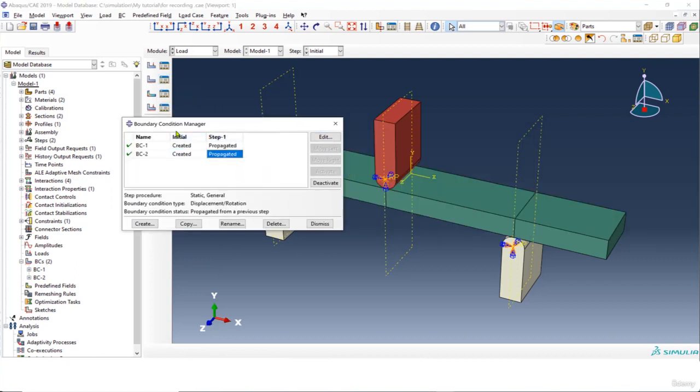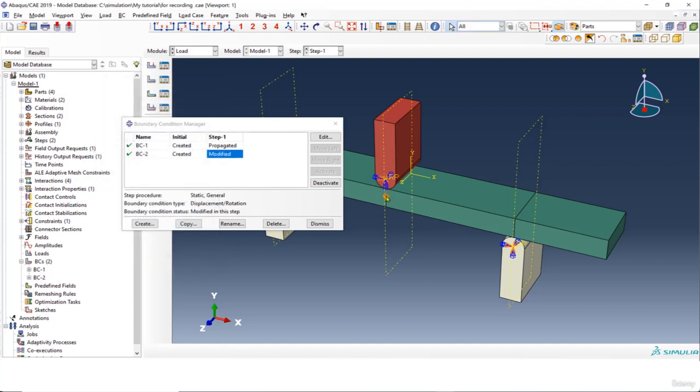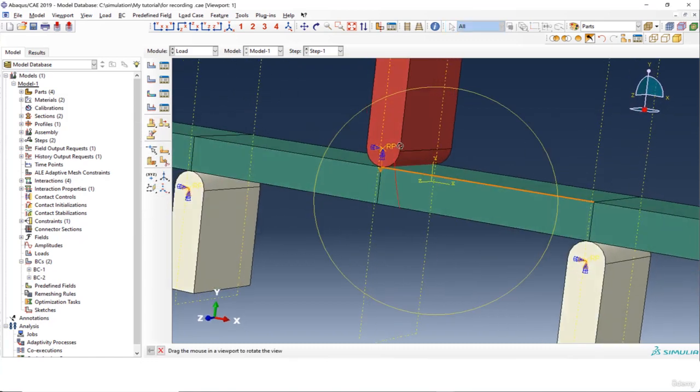So it's going to be step 1 that in the initial step everything is fixed, but in the propagated section, we click on edit, and we deactivate. So in here we can change this one. So basically we can say this is -5. Yeah, click on OK. So we have a displacement toward the down,